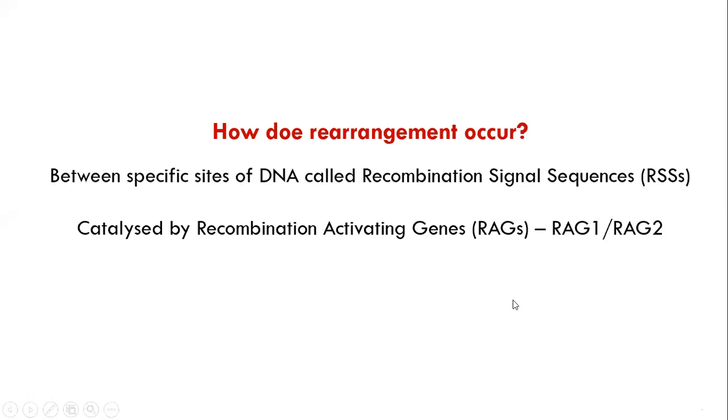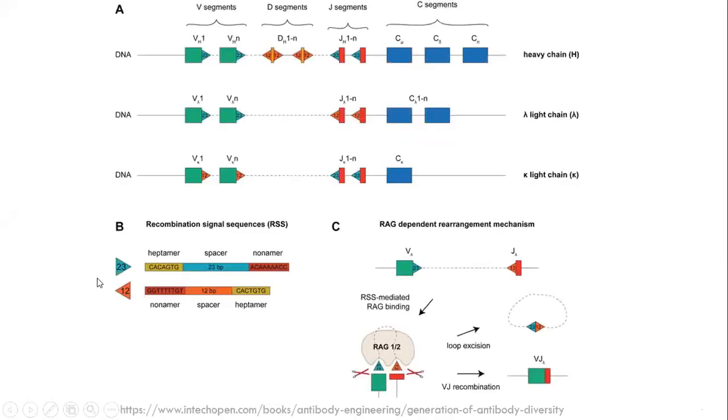They are regulated by specific genes called recombination activating genes, which code for proteins called RAGs. RAG1 and RAG2 are the genes that control these recombination events during the generation of a diverse B cell population. You are looking at a slide showing the different segments of the heavy chain, V, D, J, and C. In the light chains, kappa and lambda, there is no D region. At the V region, you see a small 23 base pair spacer.